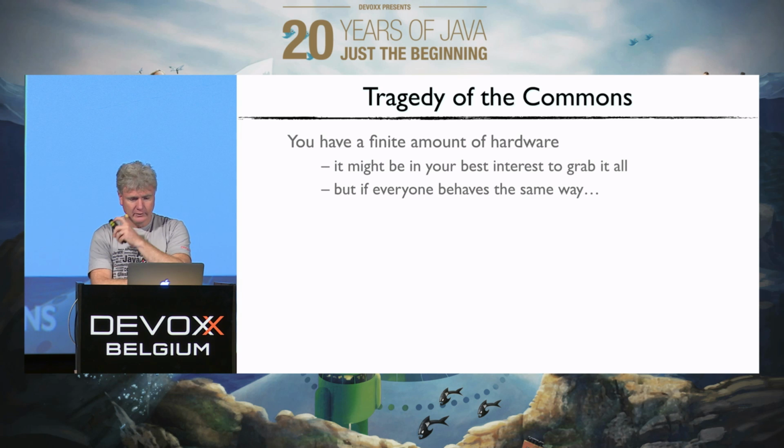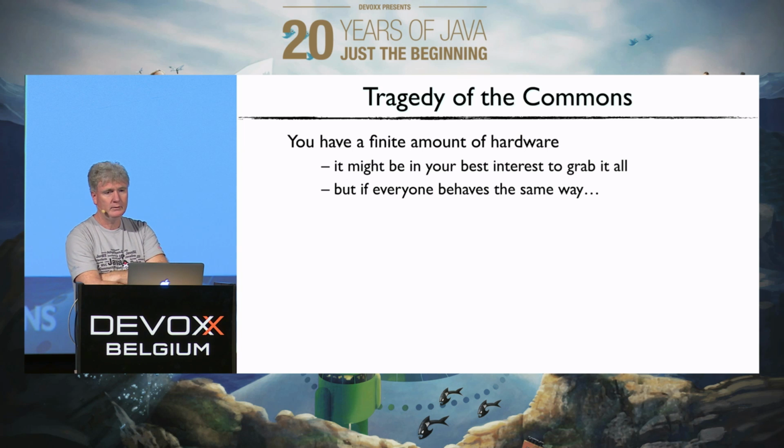So the tragedy of the commons in our case is really the fact that we don't live in an infinite compute environment. We have a finite amount of hardware, and the amount of hardware we have is going to bound us to certain constraints. So it might be in your best interest to grab it all, but if everyone behaves the same way,